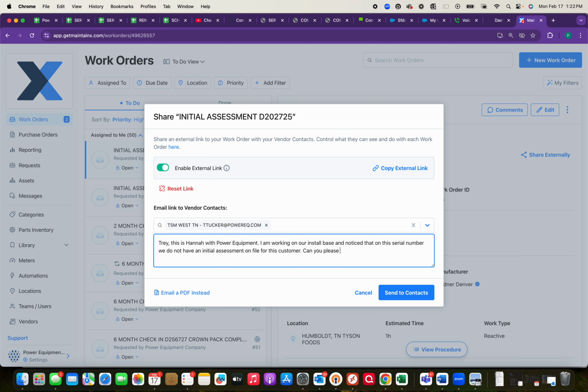Can you please complete this form so we can track how we are educating and communicating warranty